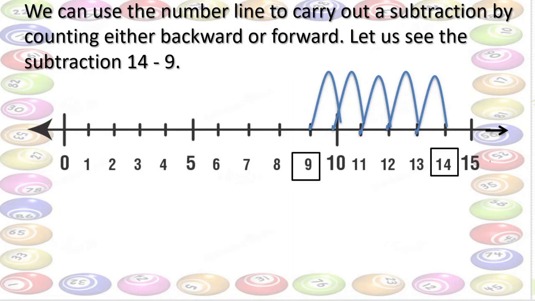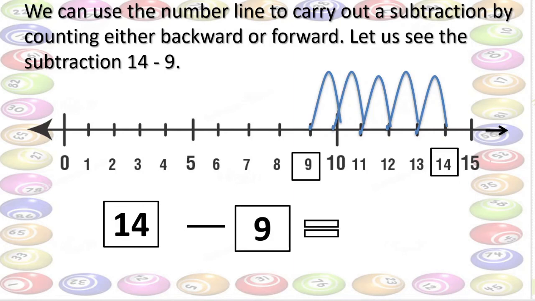We counted 5 numbers in forward direction. Right? So 14 minus 9 is equal to 5. Children, this is the counting forward method. Earlier was the counting backward method. Okay. Now here you can see